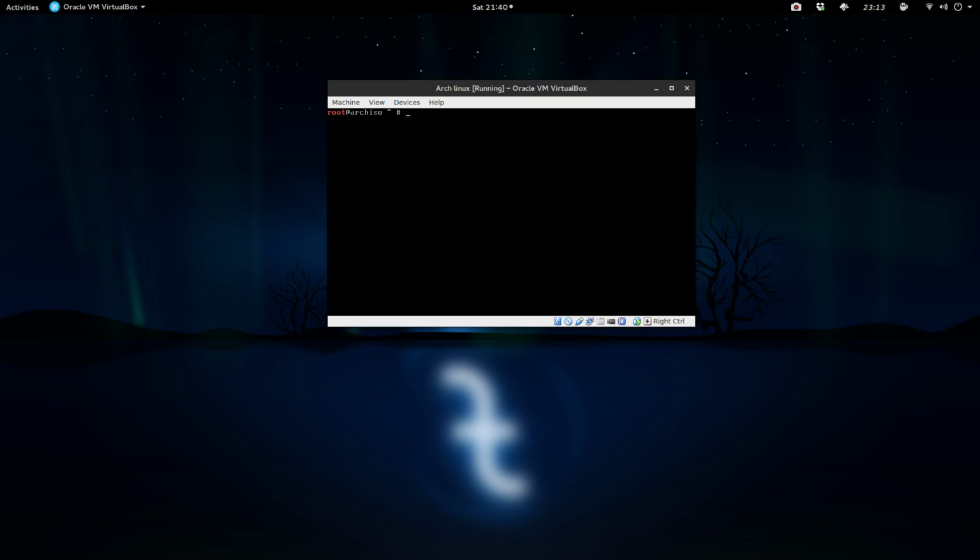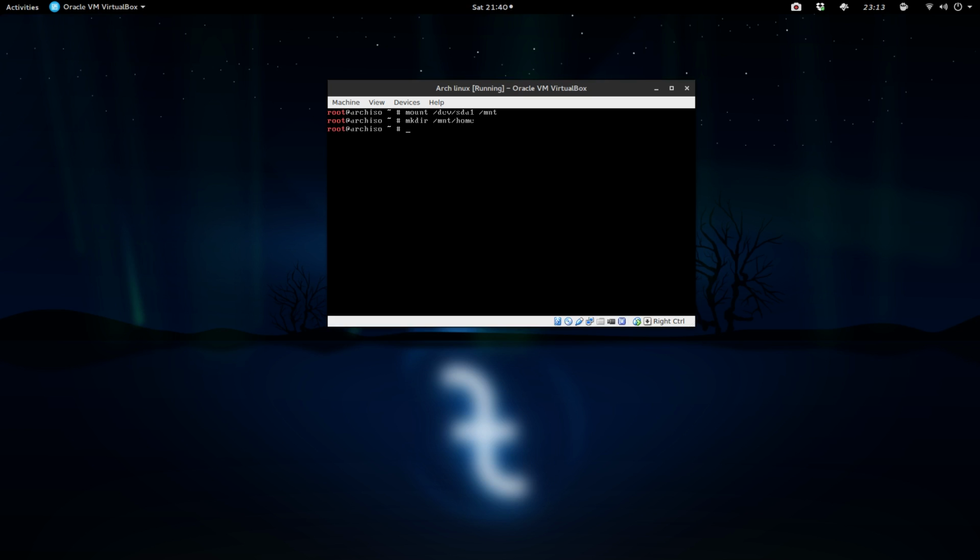So first, we'll mount the root. So it would be mount /dev/sda1 /mnt. So once that's done, we want to create our home partition, or our home directory. So it would be mkdir for make directory, and then that would be /mnt/home.